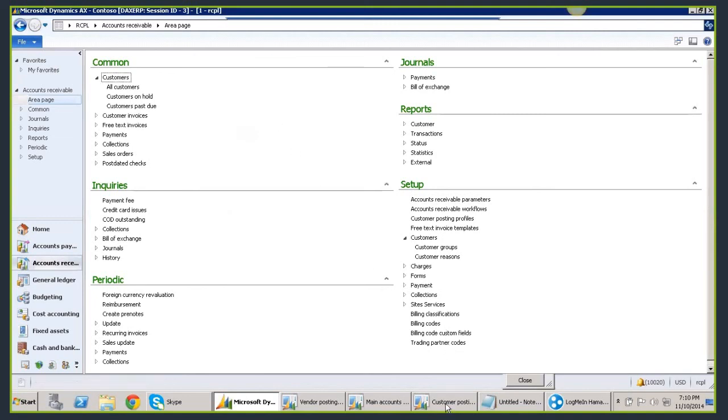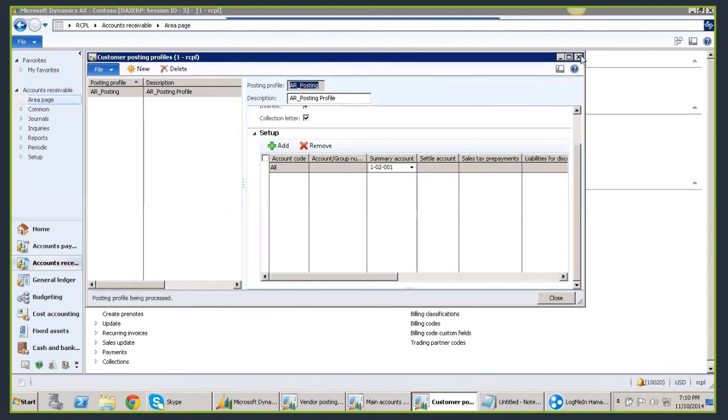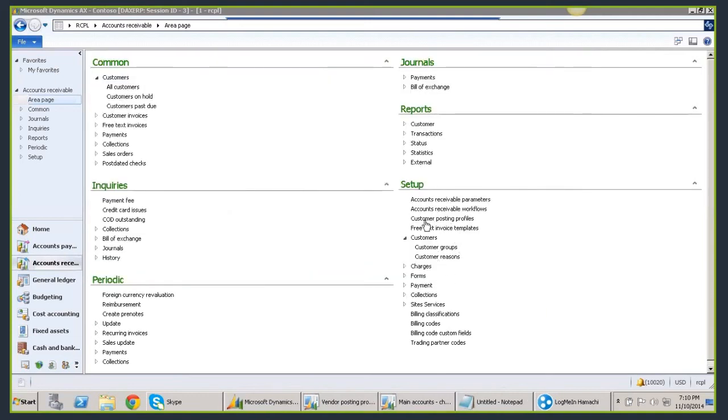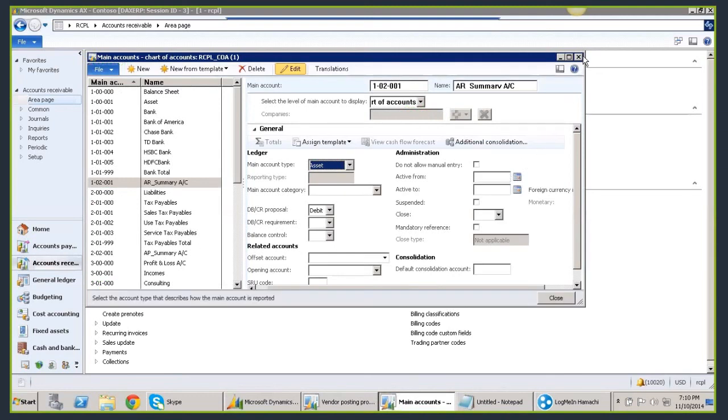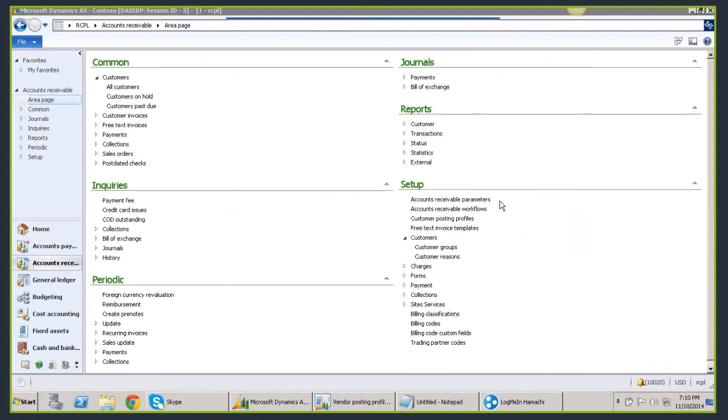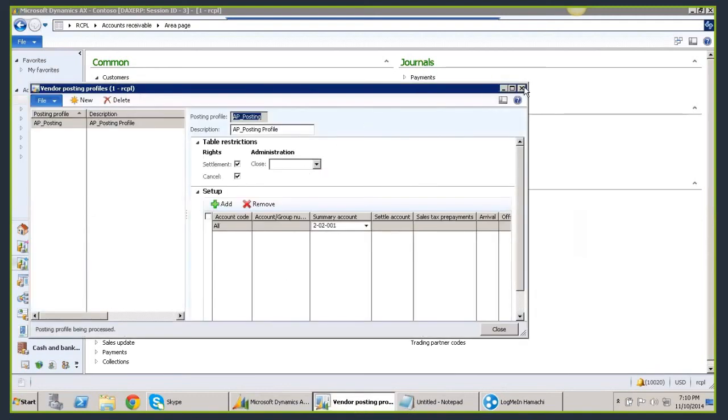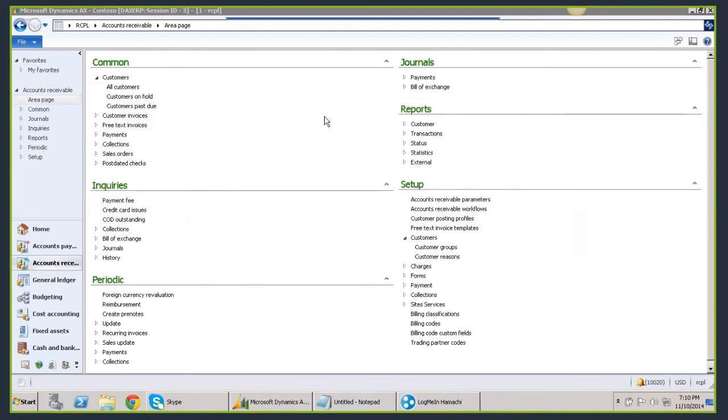In your interview, if someone asks about posting profile, you are going to talk about creation of posting profile. Not only that, you are going to talk about activation of posting profile. And if he asks specifically about table group all, you are going to talk about it.